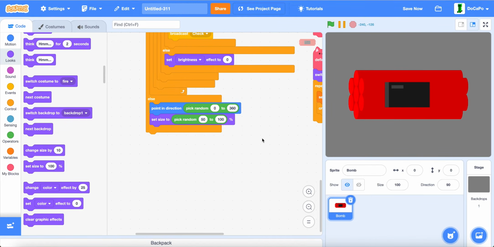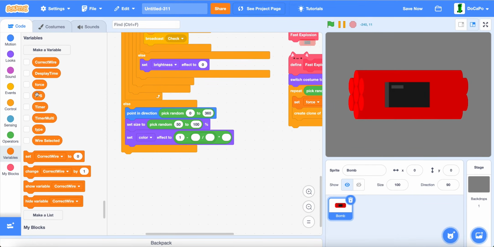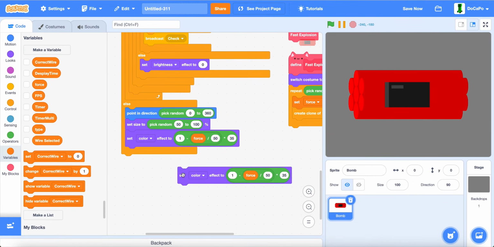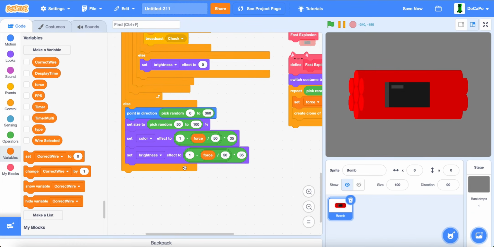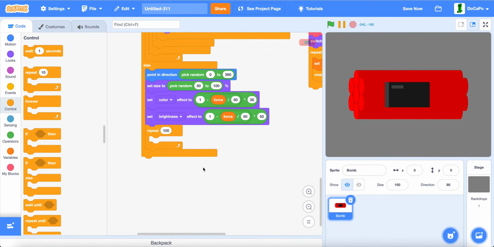Now set color to a multiply, a subtract, and then a divide: 1 subtracted by force divided by 50, times 35. Duplicate this, then set brightness to that, but instead of multiplying by 35, it's 50. Then repeat 100,